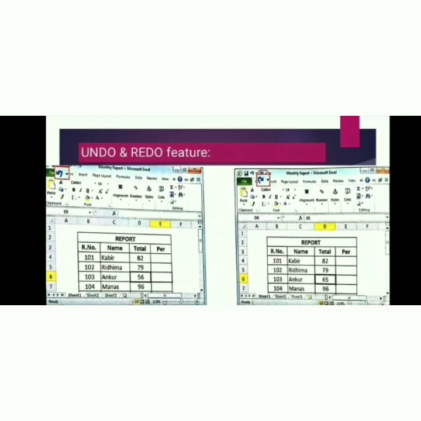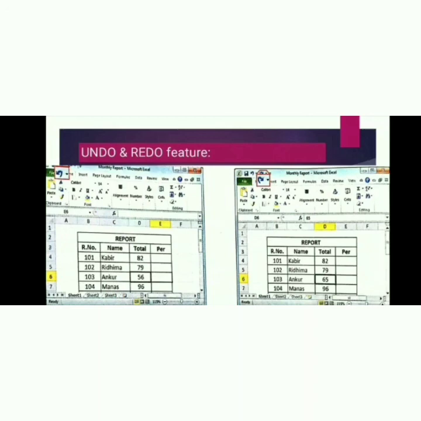You can see, after making modifications in a cell, you may wish to cancel the changes and retrieve the previous data, to undo the last action performed. Use the undo option on the left hand side present on the standard toolbar.